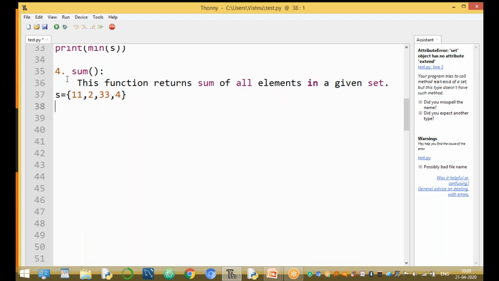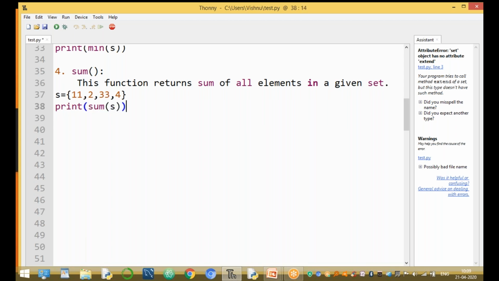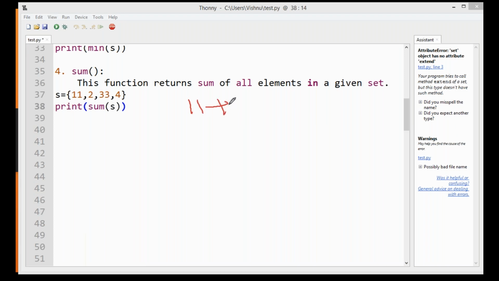Print of sum of s. Sum of all elements means adding all elements: 11 plus 2 is 13, plus 33 is 46, plus 4, the final result is 50.